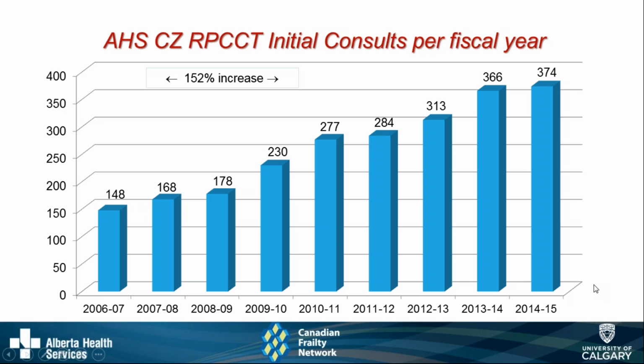So over this time frame, from 2006 to 2015, the city of Calgary population increased by 20%, from 1 million to about 1.2 million, whereas the rural part of the Calgary zone, the population there increased by 75%, from 200,000 to about 350,000. So you can see that population is just exploding and creating a lot more work for our team. So we've had an increase in our consult team staffing over those years, but it really hasn't kept pace with